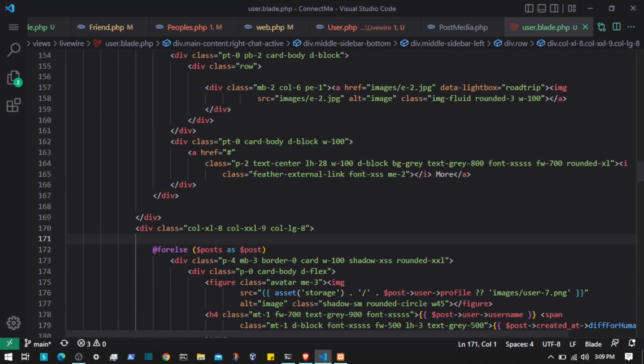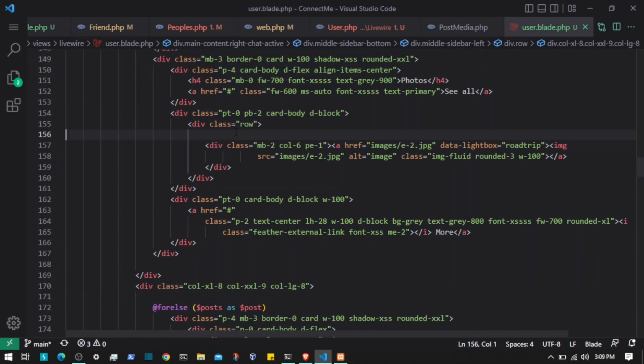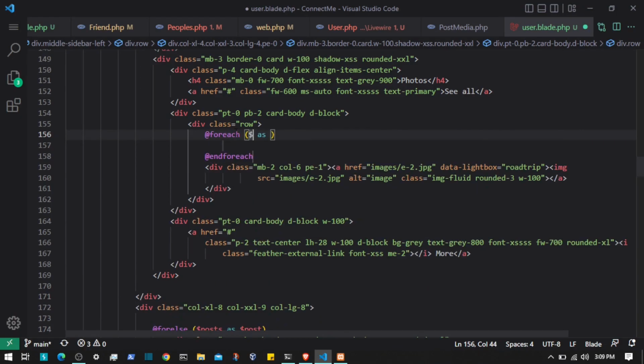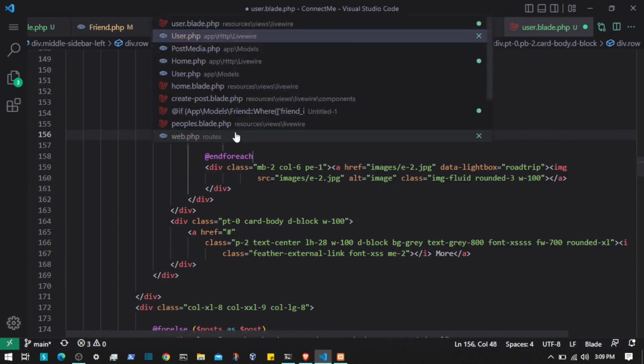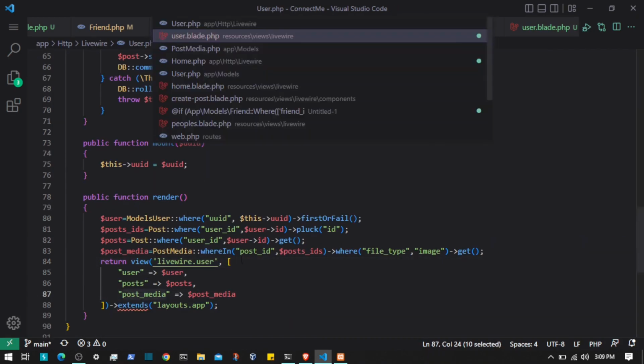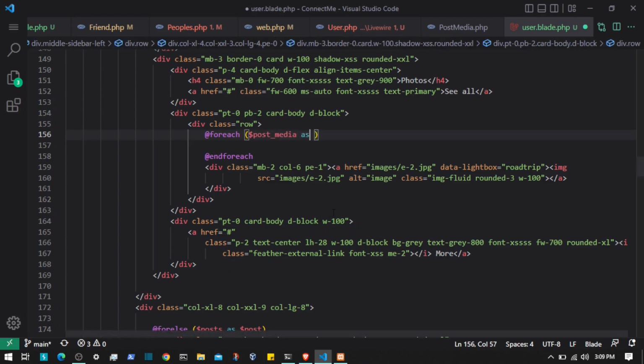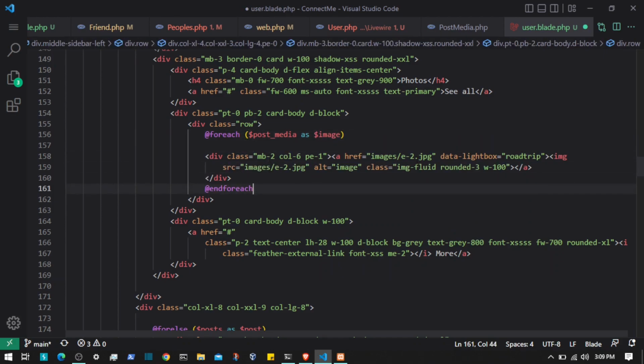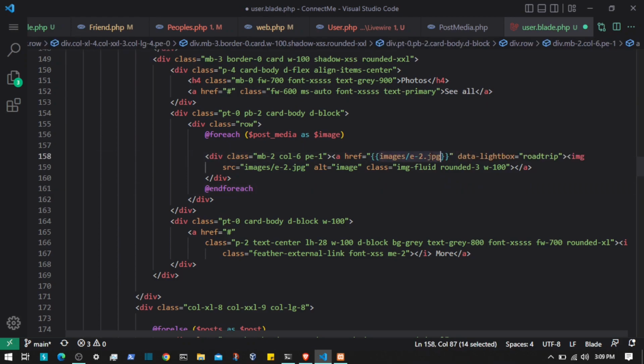And we have loaded that thing, so I can add a loop here, dollar foreach, post underscore media, looping through all of that, passing that as an image, and then showing that right here. And this is gonna be the ID. So dollar storage asset, so asset storage,